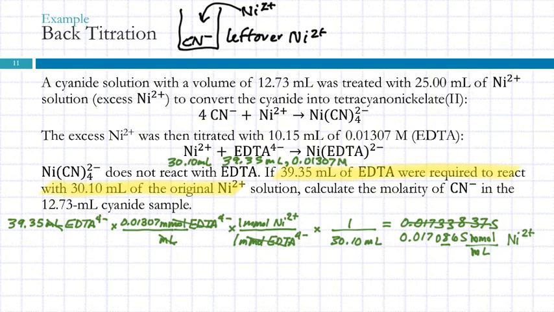So then we have to remind ourselves, where are we going with this? What are we trying to do? So that's the molarity of that nickel solution. These are the 2 things we need to find: the amount of nickel that was added and the amount of nickel that's left over. So the amount of nickel added was 25 milliliters of this solution, right? So 25 milliliters